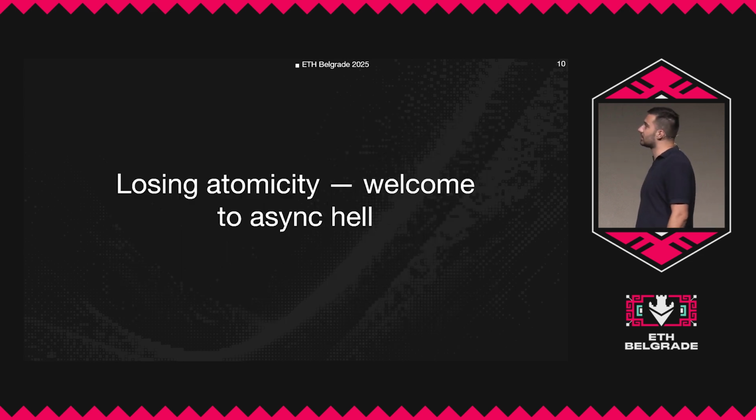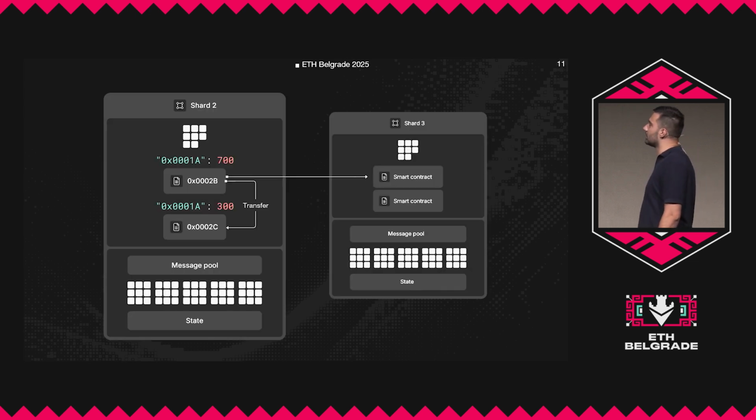The second topic that I would like to cover is losing atomicity. So basically, in Ethereum, something that we are all really used to and something that we basically created the whole DeFi ecosystem around is being able to send these sync calls from one contract to another. And something that we also introduced, similar to Chernobyl, where they had this AZ5 button, is if you're not happy in any step of this chain of execution, you can just do the revert and everything reverts and you basically pay only for execution.